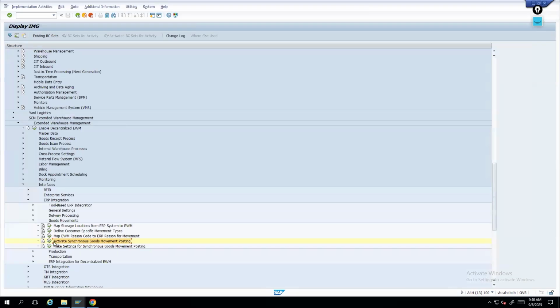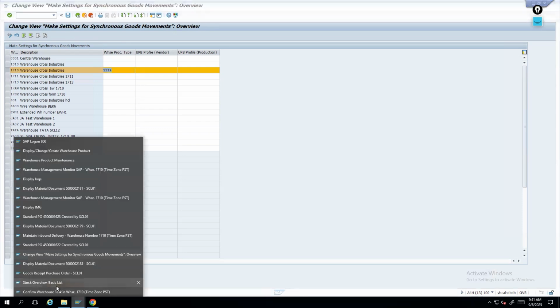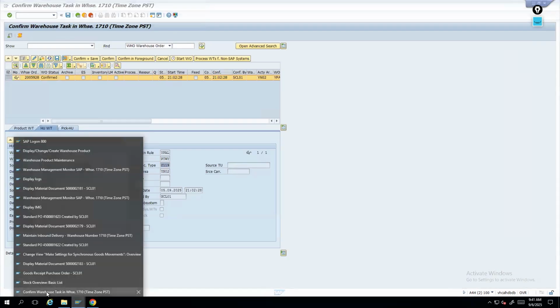Now, I would like to say, for specific process only, I would like to do the synchronous goods posting. So that is the reason I say that 1710 is my warehouse. For a specific warehouse process type only, I need to have a synchronous goods receipt. Now I say it's Y119. The Y119, if you see this warehouse task, now we have done this. This warehouse task has the process Z119. This Z119 is coming from